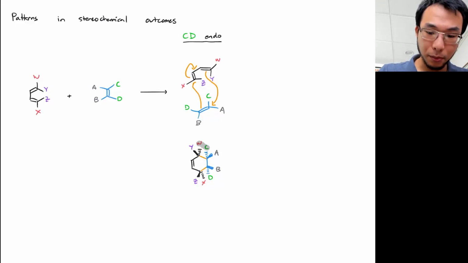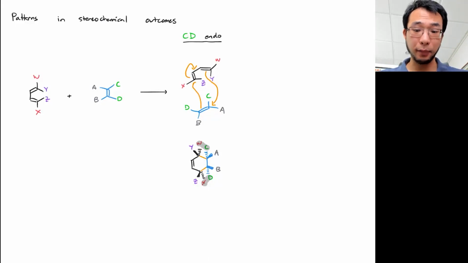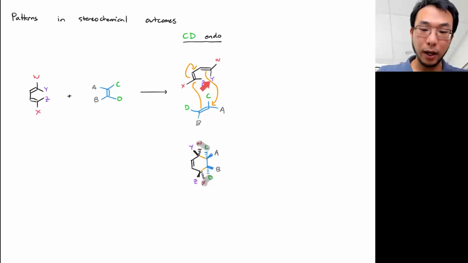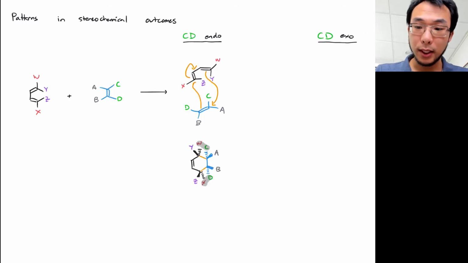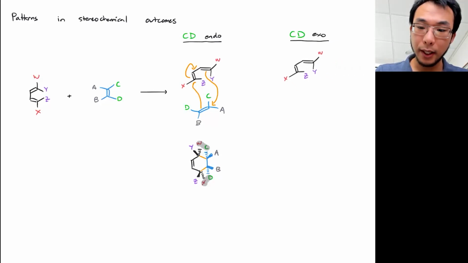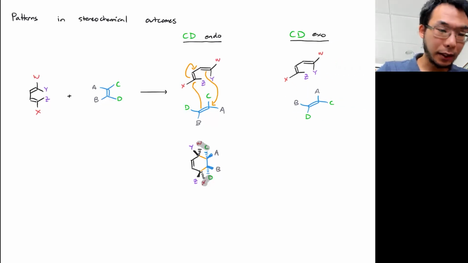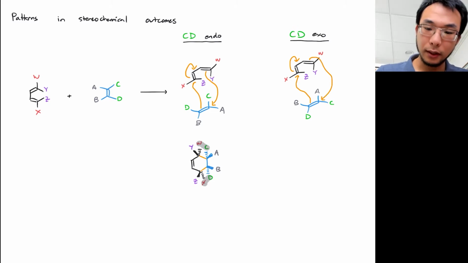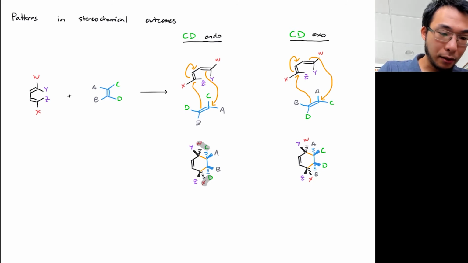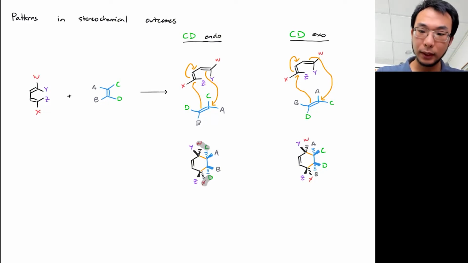So again, these groups and these groups are all syn to each other. And then conversely, the groups that are inside here, Y and Z, and the exo groups are going to all be syn to each other. So let me just show you this for when C and D are exo. Same idea, I have my reaction taking place. Now I have the C and the D group exo, like that. And that gets me to the product here,